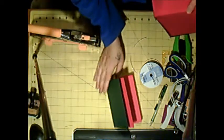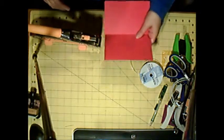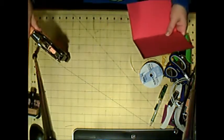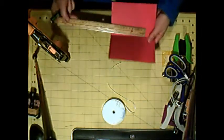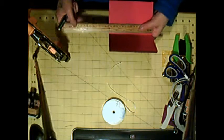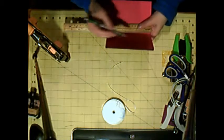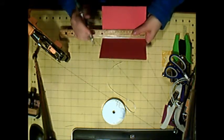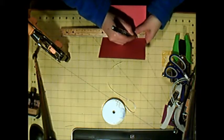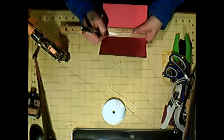So what I'm going to do first is put these 2 books together, because this can go through all this paper. And I'm going to go with my pencil and my ruler and mark, let's see, it's 6. So if I do an inch, and an inch, and then an inch and an inch. Alright, so an inch from each end, put that right up to the crease. An inch from each end. And then an inch and,